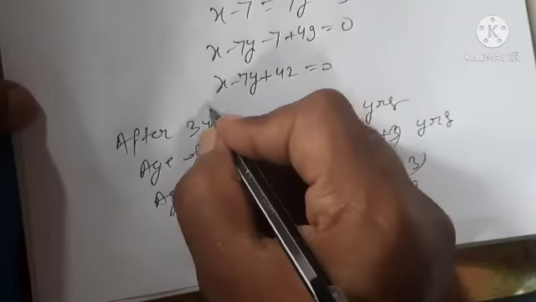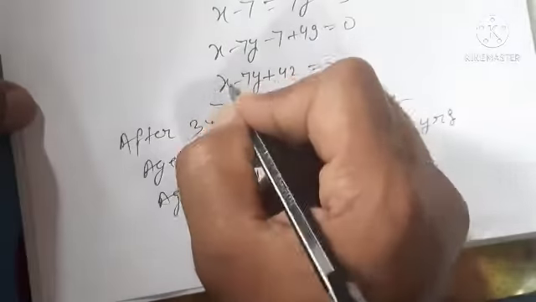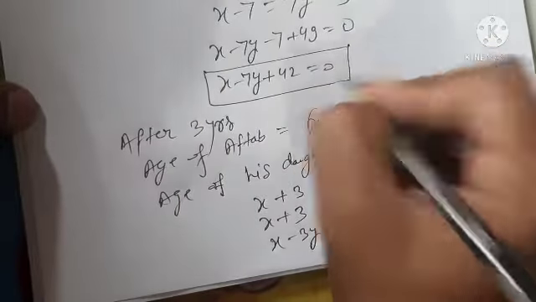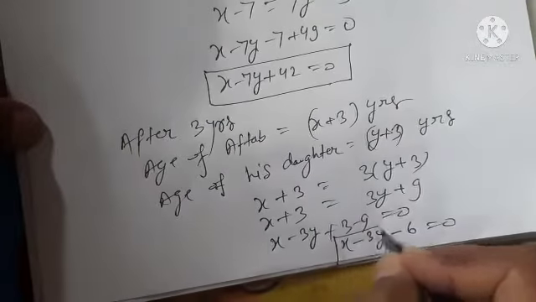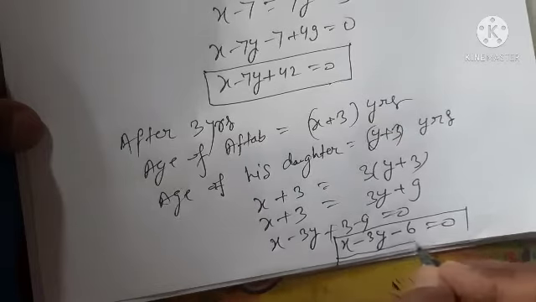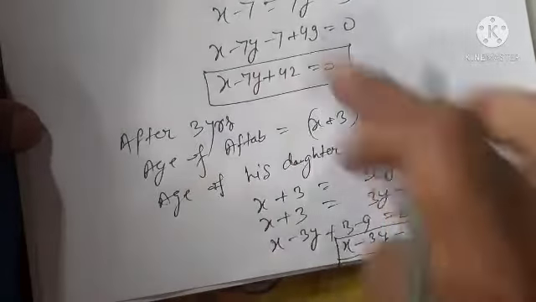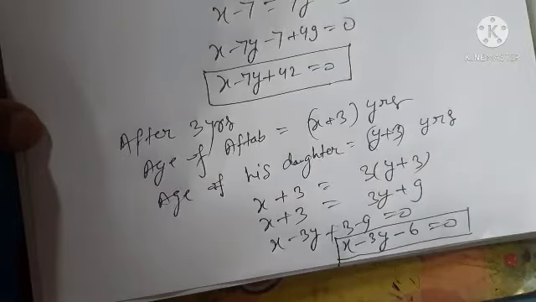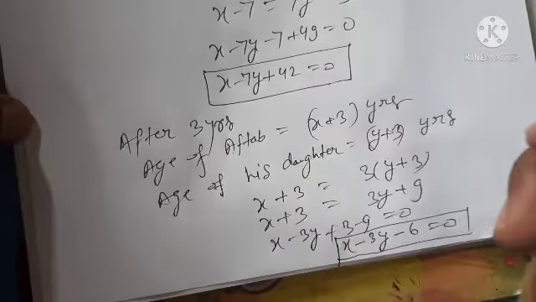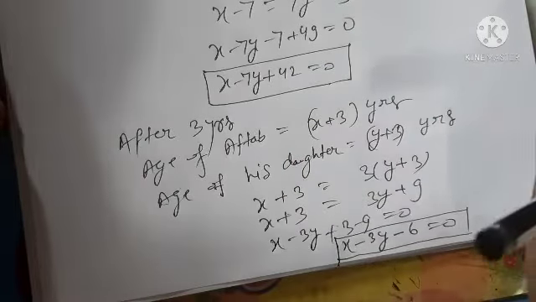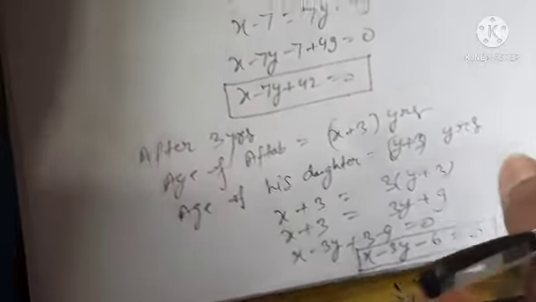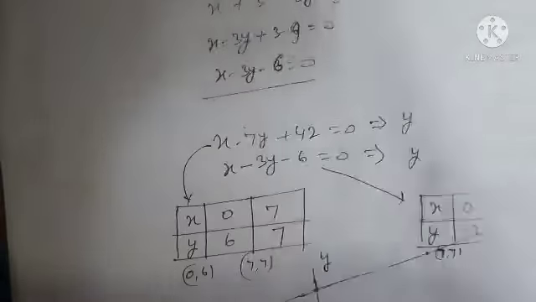Okay, this is the algebraic expression of the first situation and this is the algebraic expression of the second situation. What are these? These are linear equations, a pair of linear equations. So this problem can be solved if we want to know the age of Aftab and his daughter. Then we can find it by solving this pair of linear equations. Okay. So this chapter is very important to solve so many problems.